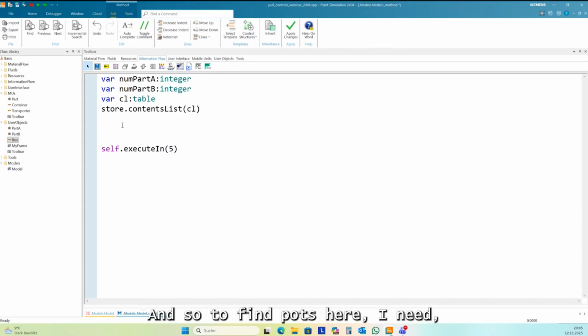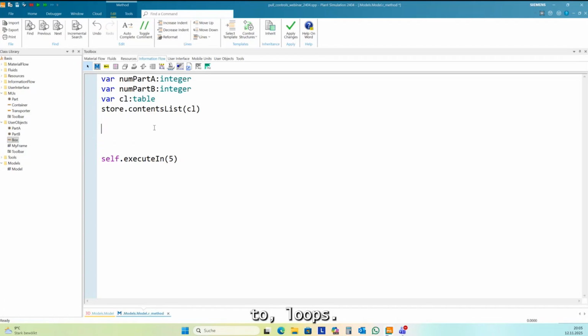And so to find parts here, I need two loops.